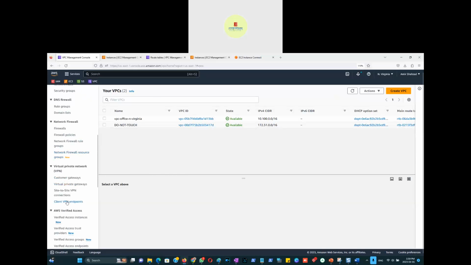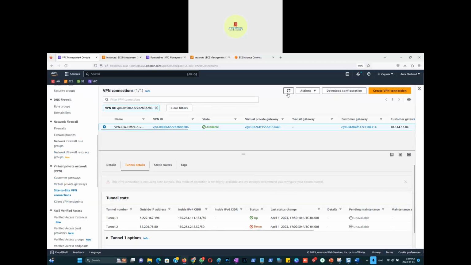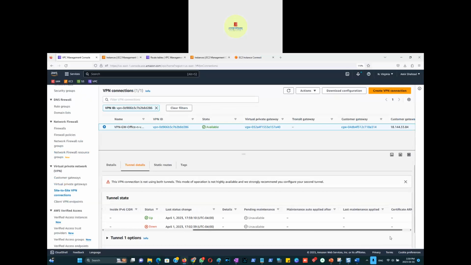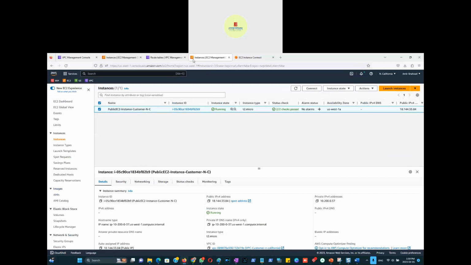I'll just switch to another mode and then come back to the site-to-site tunnel here and refresh some more. Oh, there you go. Now the down changed to up. Another pending instance, because we don't do that every day, right? So when we're doing that, it better work. So once it is up, we're expecting the ping to work from North California to North Virginia across the region, which means that